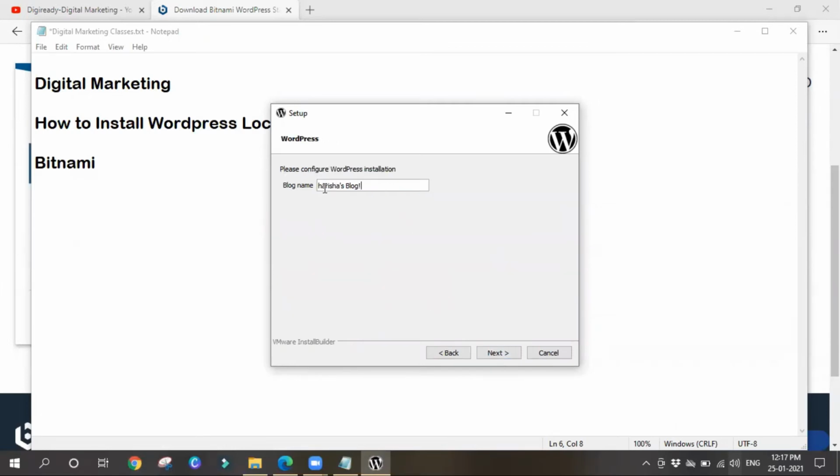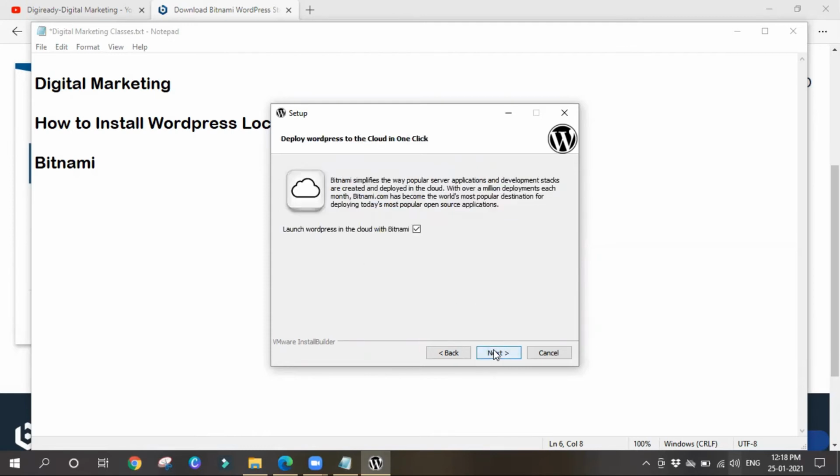Yes, done. Good. So this is how your blog's name will appear. If you want to change your blog's name, you can do that. Yes, I'll make it capital here. Click on next. If you want to have any mail support, you can enable this option and choose whatever mail account you want. This is required so your application can send notifications via email. If you want email notifications to be sent, you can check this option and click on next. I don't want any of these things, so I'll simply go with next.